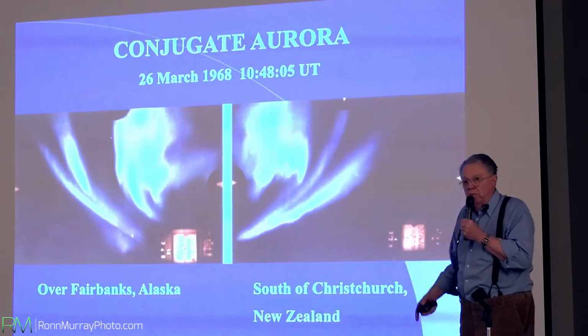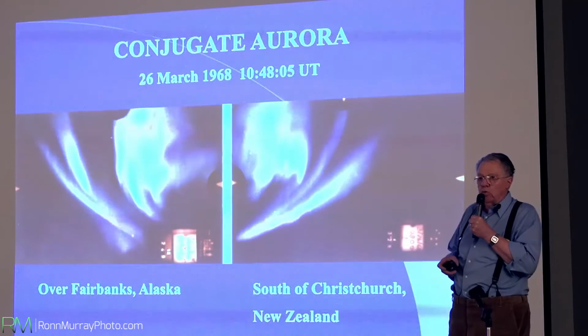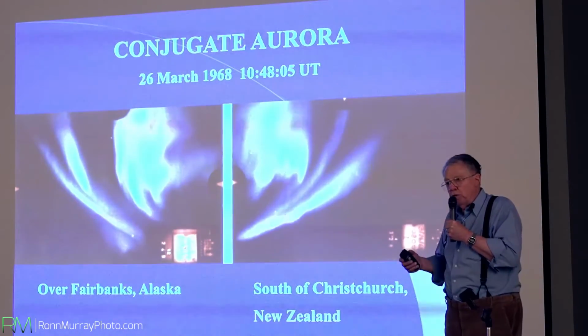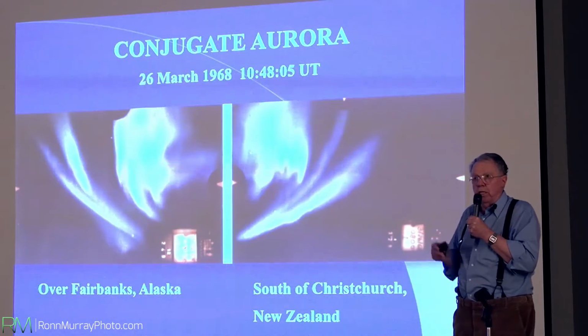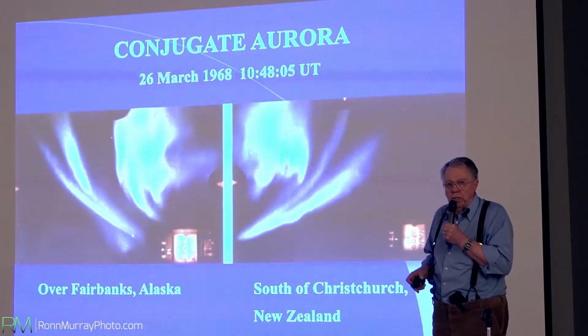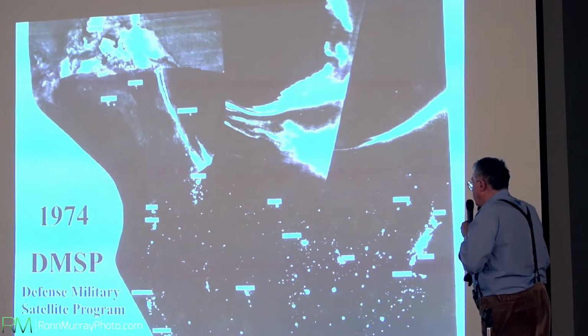We found the next year with television cameras that the auroras were identical to one another within a fraction of a second. If one moved a little bit, the other one moved correspondingly. If one changed in brightness, the other one changed in brightness. So it was pretty cool stuff. 1974,